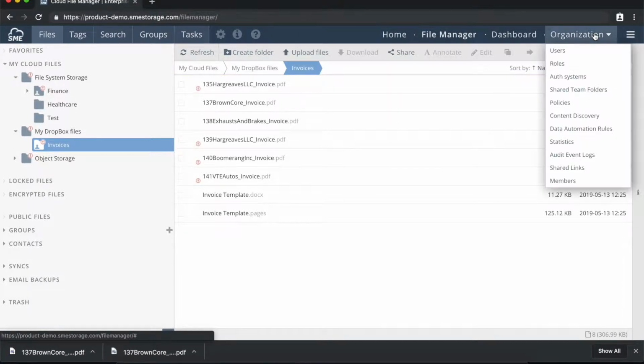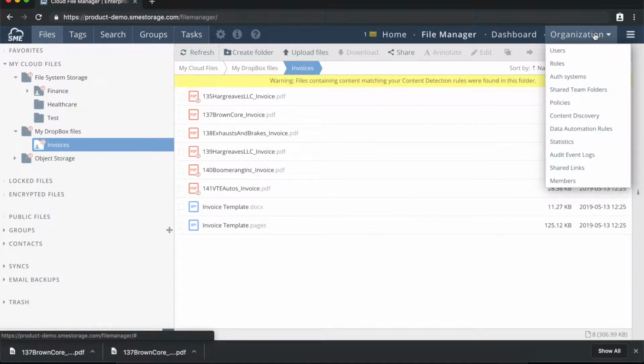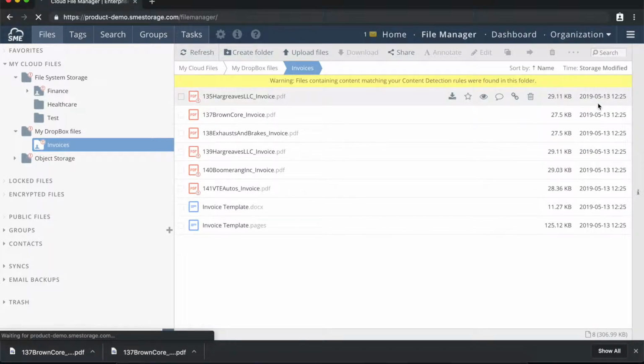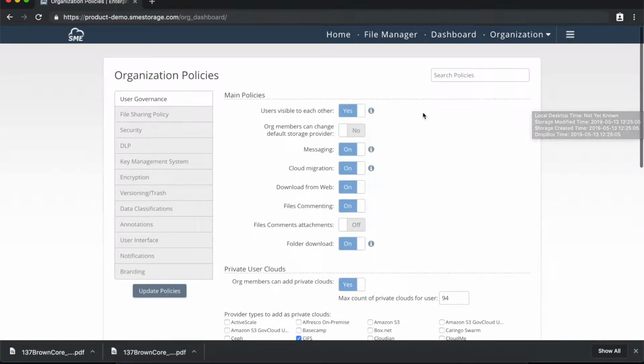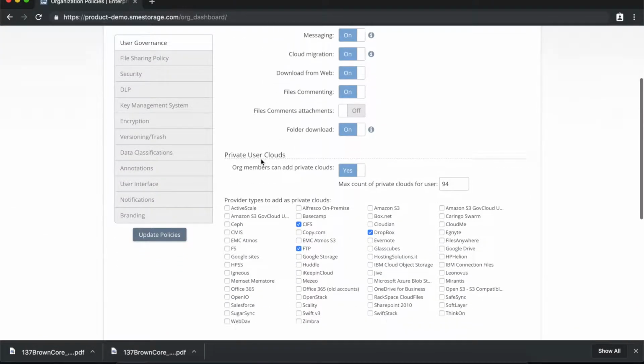The File Fabric also gives security and compliance teams in our organizations access to our extensive policy engine, giving them the controls to define how the Enterprise File Fabric controls their storage, and importantly, how the users are able to use the platform. From here, administrators can set up policies such as the features and functions available to our users,